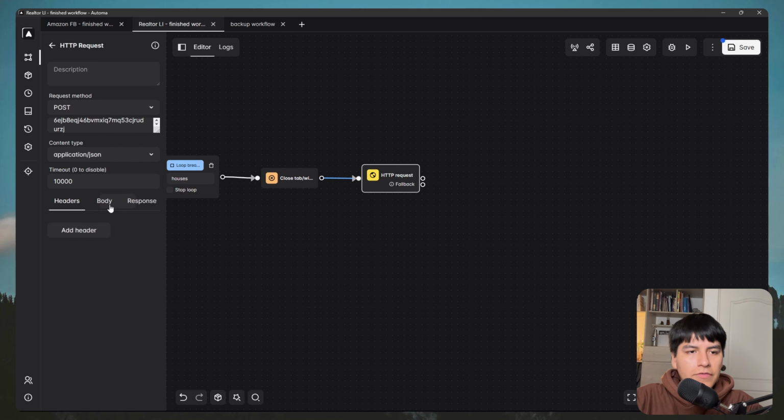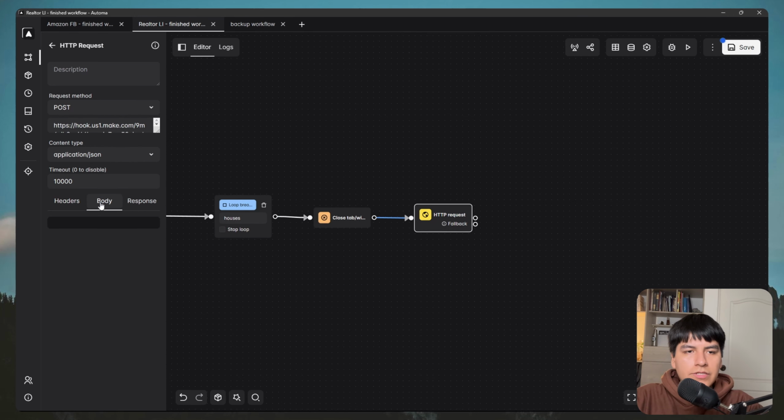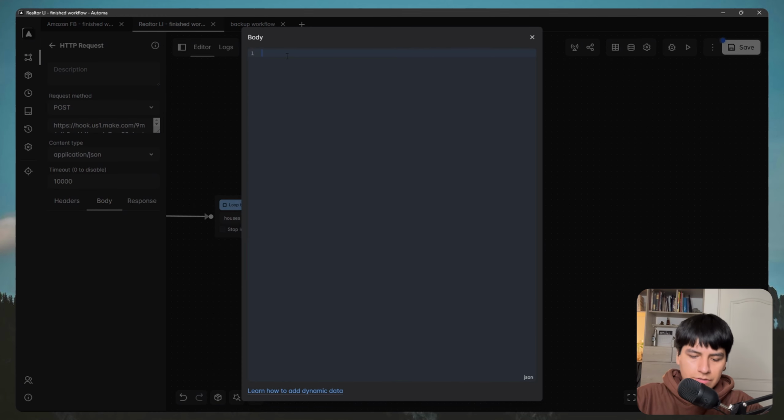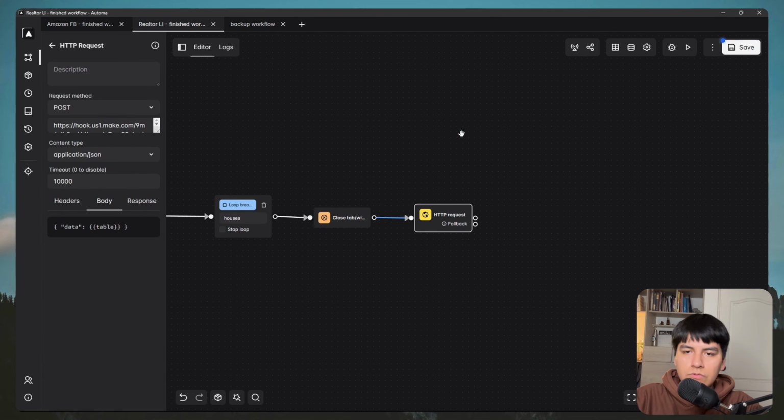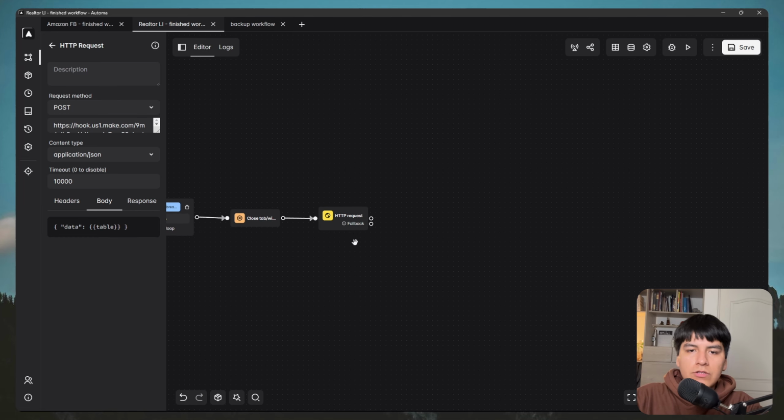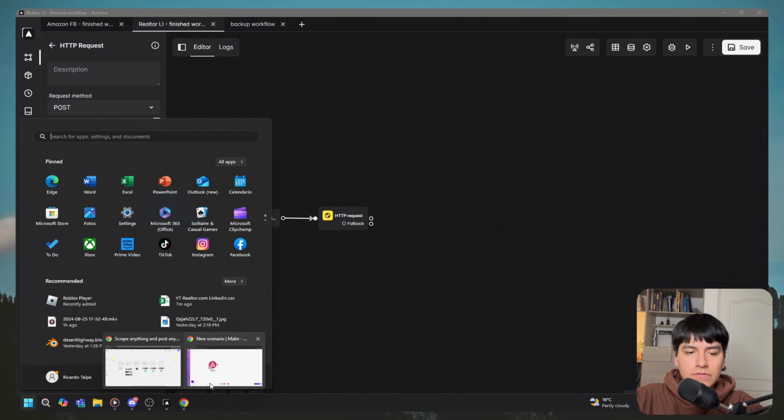Now leave everything as is, and remember that in the body section you have to put this JSON snippet right here so it can send all of the table to make.com. Okay, so now I'm gonna run this flow one last time so we can get all of the data inside